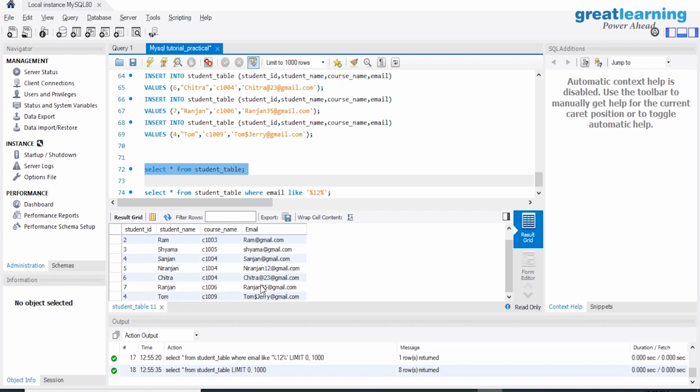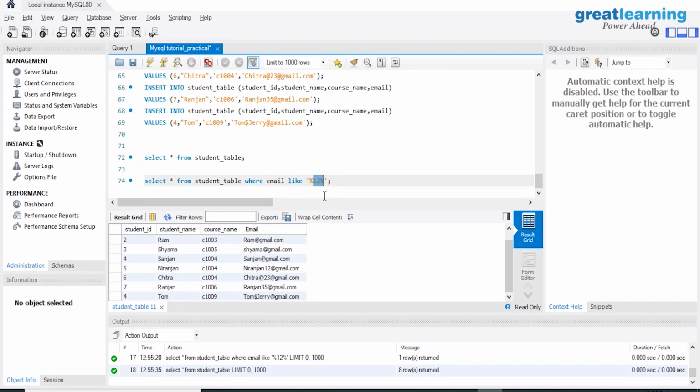Maybe you want all the emails from Gmail, but not the emails belonging to other websites like Yahoo or Rediffmail. In that case, you don't want those emails. So how can you do that? In the last part, your Gmail will be there. The last word will be gmail.com. So if you want that, what do you need to write? You just need to write a percentage sign before and then just write gmail.com.